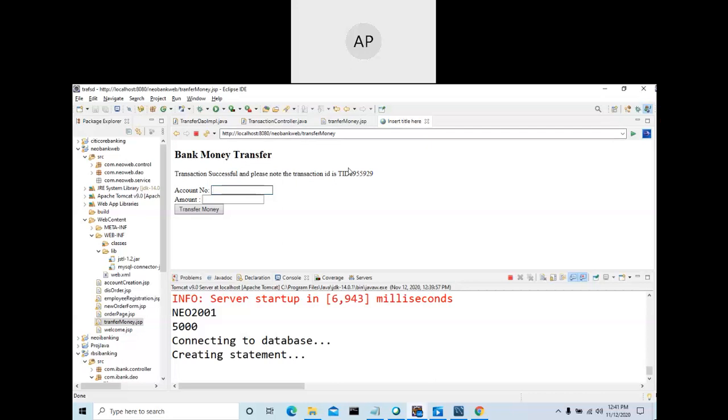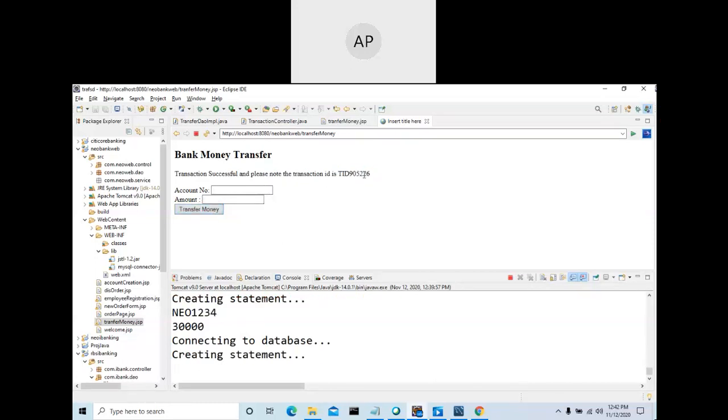Okay. Now again I will go here. See here, we are using the same page to show the result and also to enter. For example, if you want to do it again, account number NEO 1234 and 30,000.